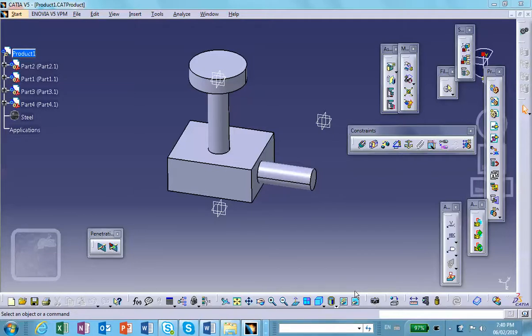Hi folks, in this video segment I will show you how to take an assembly made out of 4 parts. It can be any number of parts, but I'm assuming it's 4, and combine all of these parts into a single part. In other words, convert your assembly into a single part and then do FEA analysis on that single part. The reason that you may want to do that, although the response may not be the same, is that